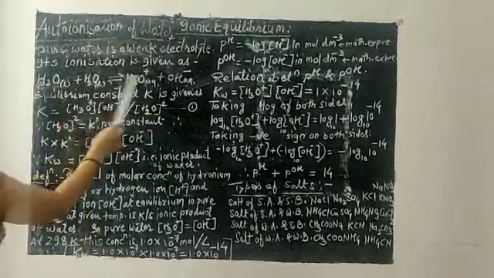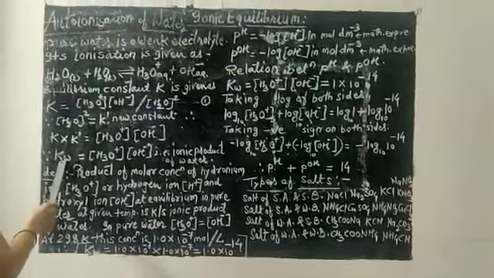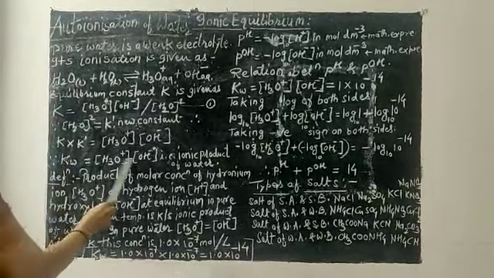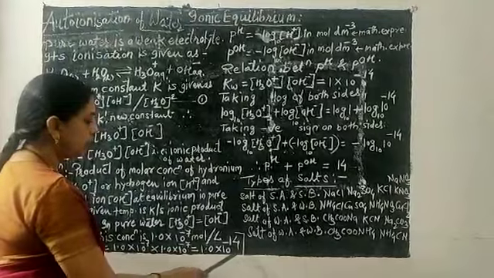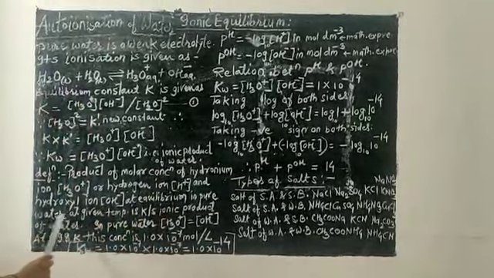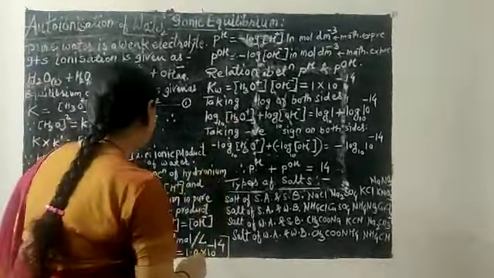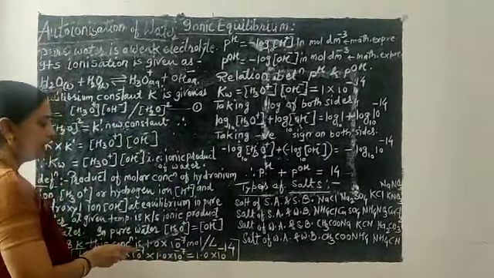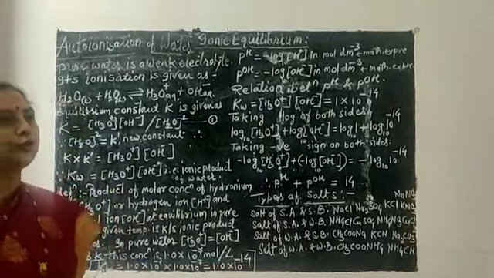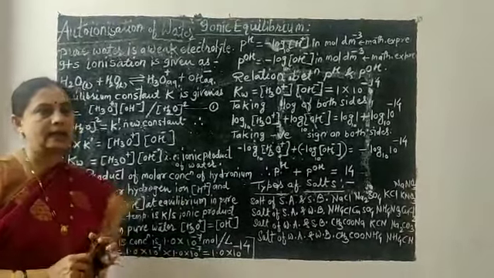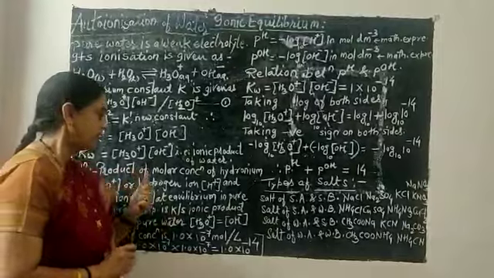So, this is the dissociation of water. This is the equilibrium constant for the dissociation reaction, and this is the ionic product of water, Kw, its mathematical expression. The value of Kw is 1 into 10 to the power minus 14, and this is the definition of the ionic product of water. Now see here, from the concentration of H3O plus ions and OH minus ions, the solution is classified as acidic or basic, and therefore a scale has been prepared.